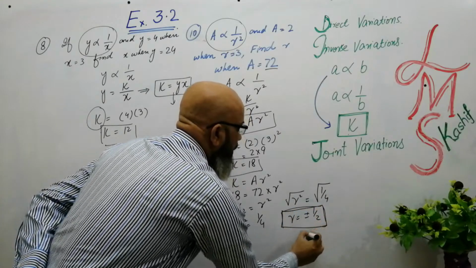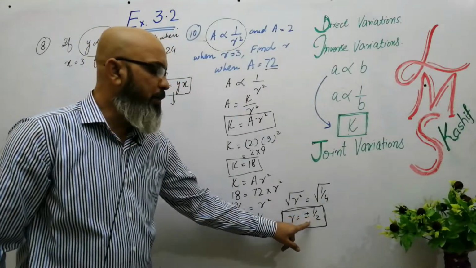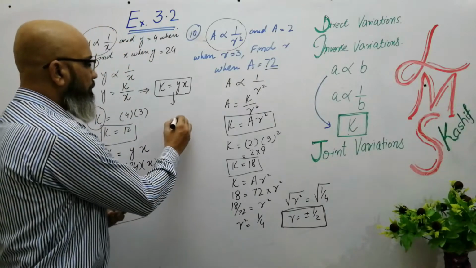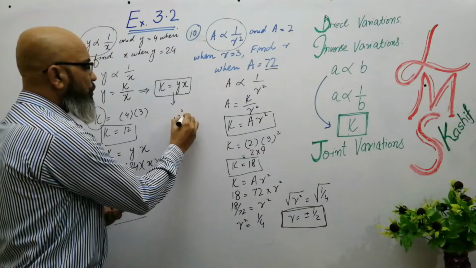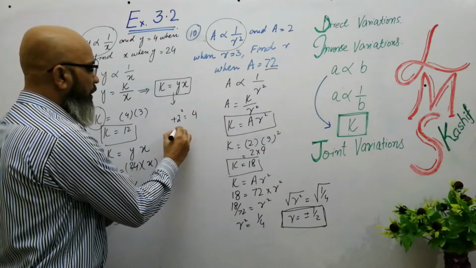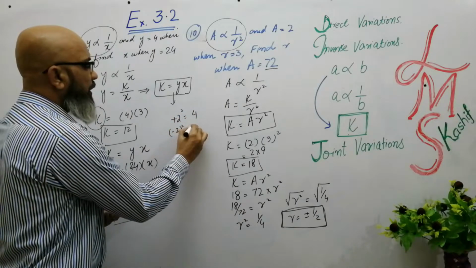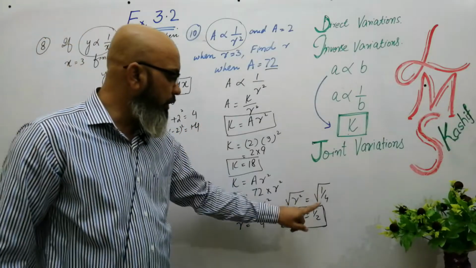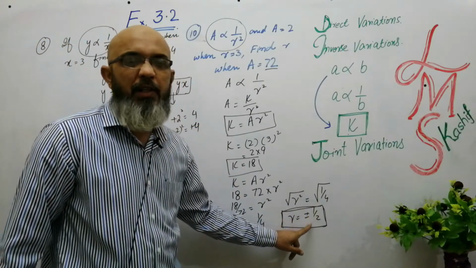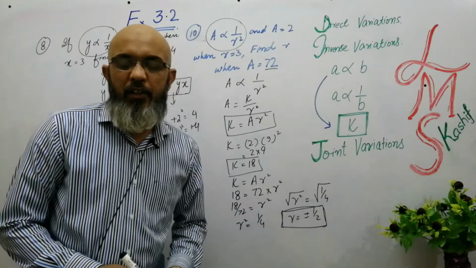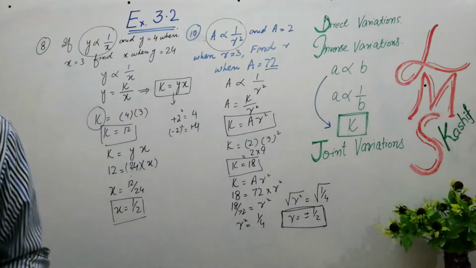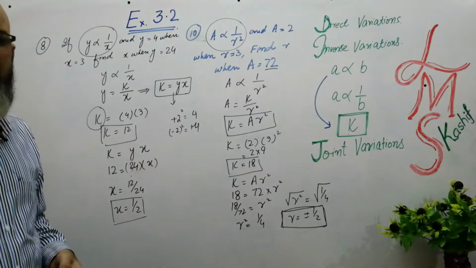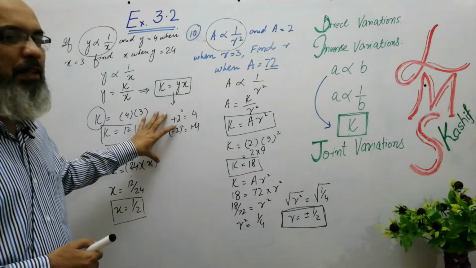Now one more thing, why do I write plus minus? Because if we take the square of 2, what do we get? 4. If we take the square of minus 2, what do we get? Plus 4. So similarly, when you remove the square root sign, we always put the sign of plus and minus with the answer. I hope you can solve the rest of the 3 questions from this exercise in the similar way.